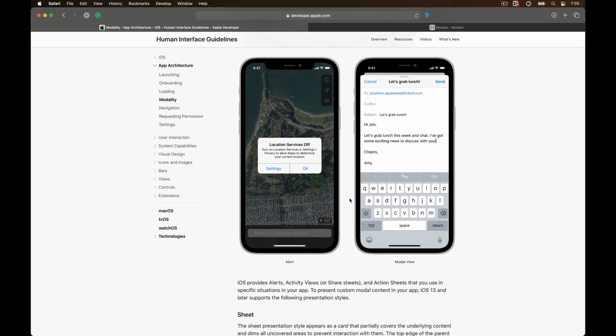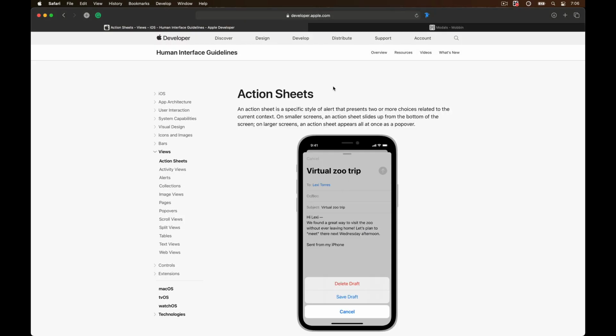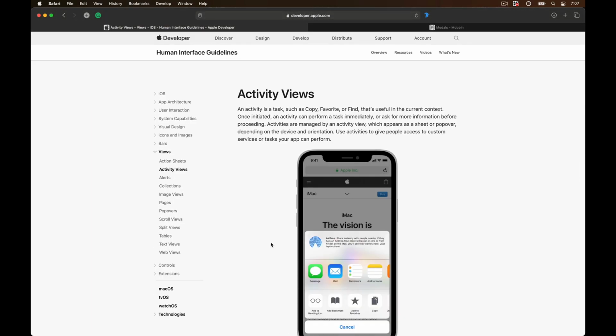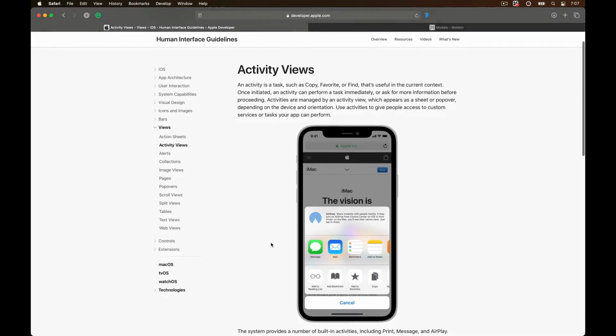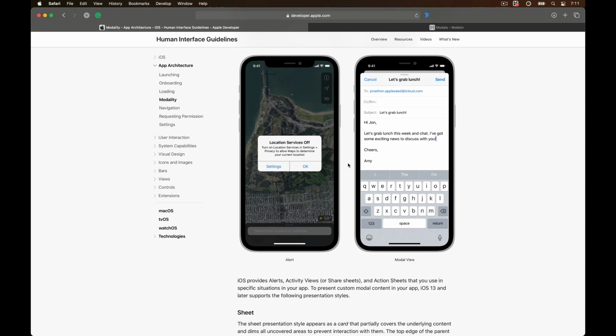And modals come in many types, and let's take a look at them by going onto views. One of them is Action Sheet, which is used to provide choices for users, as you can see here. Let's also take a look at the activity view, commonly known as a share sheet, and this is really helpful to perform quick tasks such as adding something to the reading list, to the bookmarks, or to your favorites, or to quickly copy them. But the action sheet and the activity view don't allow you to take full control of it. You cannot customize it according to your liking, but the modal that is customizable is the full screen modal